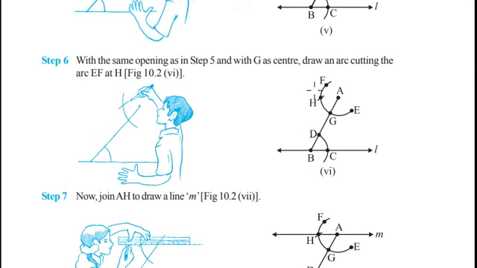The significance of this point is, our task is to draw a line which is parallel to a given line. We can also draw a parallel line with only point A, but that won't be accurate. So we need two accurate points to draw a line which is parallel to the given line segment L. So this is the significance of this second point.